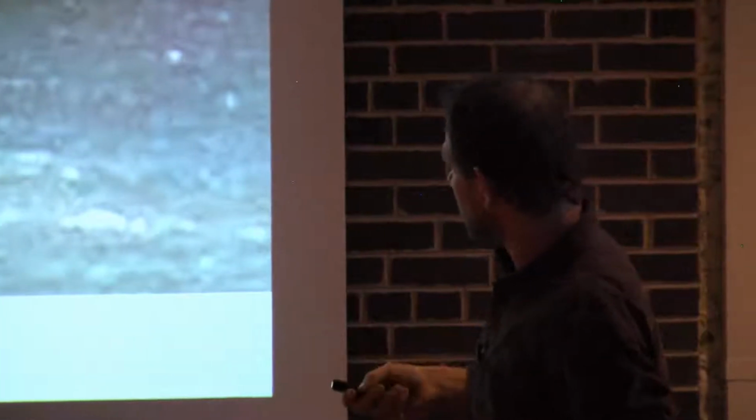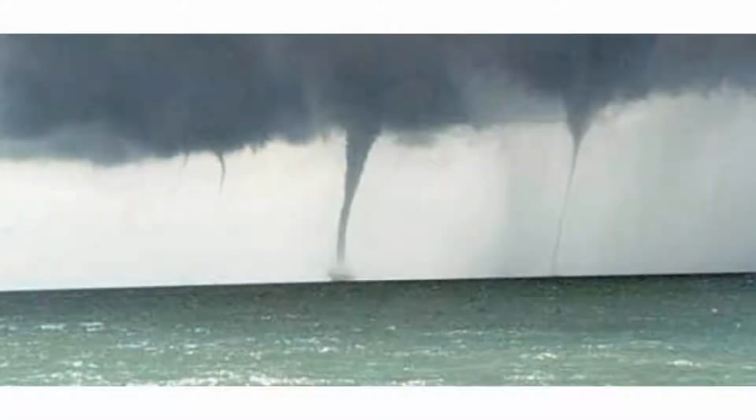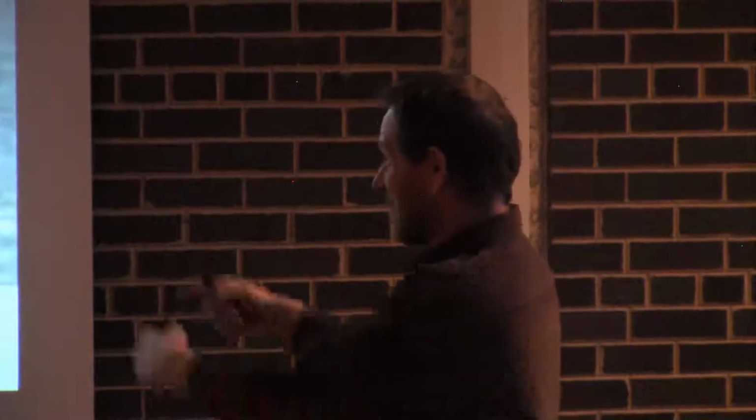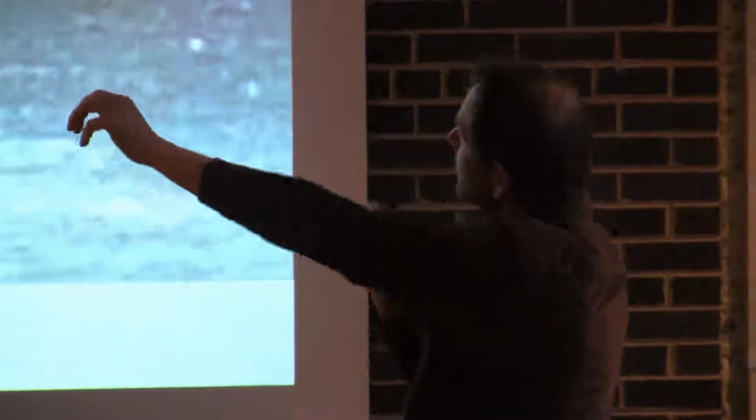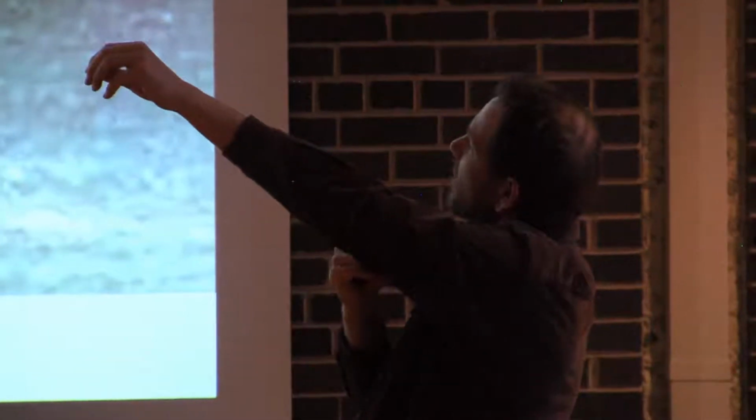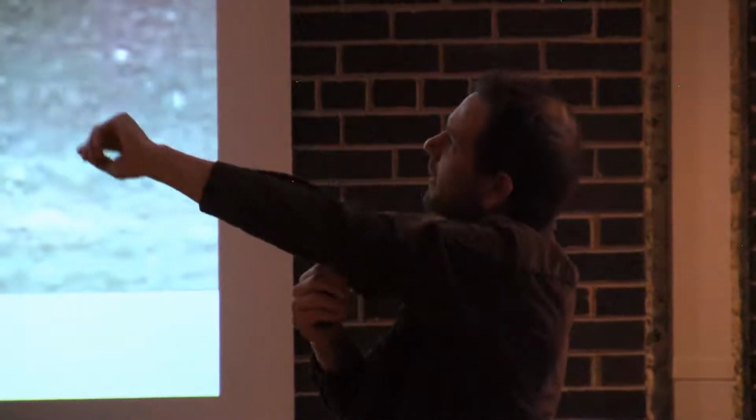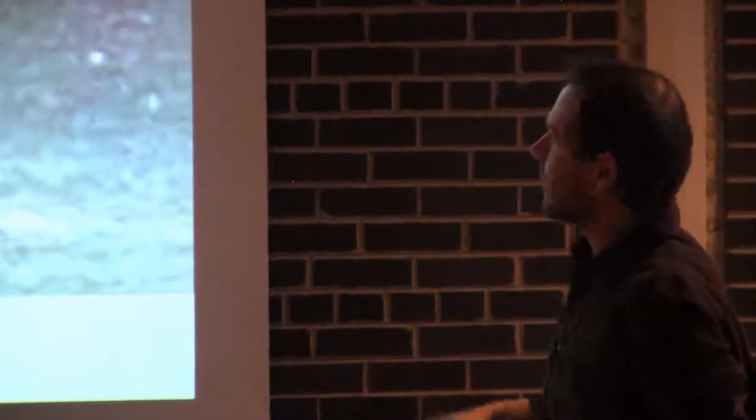Anybody know where these were taken? You can just tell by looking at it. You look out the window. Which way are we facing here? I haven't been on campus in a while. Want to face the lake here? This way? That way? Okay, thank you. It almost looks identical, right? Yeah, these were taken over Lake Michigan. I believe these are the ones taken near Racine just a few years back, maybe 5 years ago or so. I got a collection of pictures. I can't remember where they're all from exactly, but